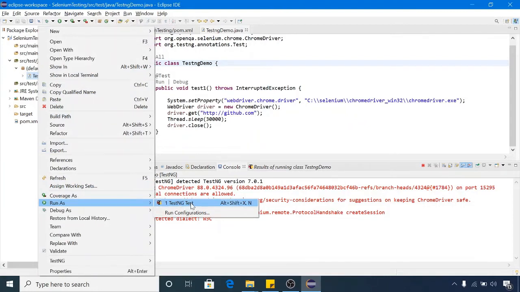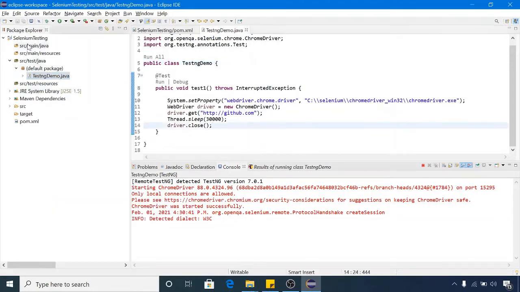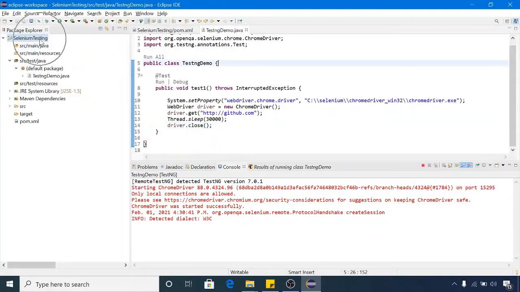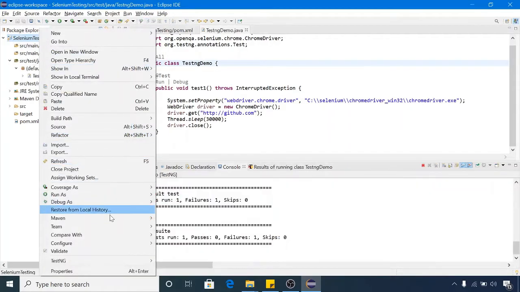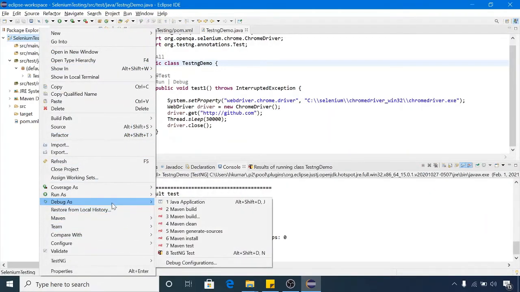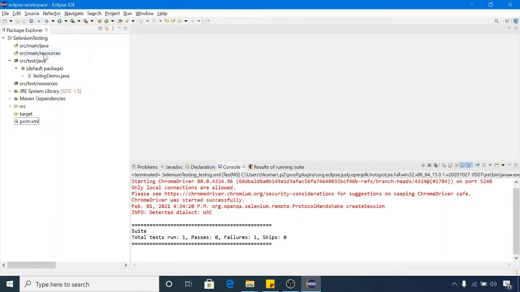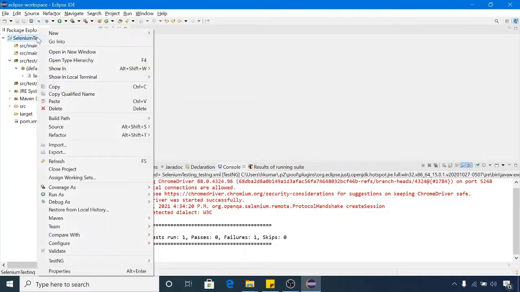There is one other option. You can convert your TestNG project to testng.xml. Right click on your project and there is one option, TestNG. Click on Convert to TestNG. We can create the testng.xml file by right clicking on the project, clicking on TestNG and clicking on Convert to TestNG.